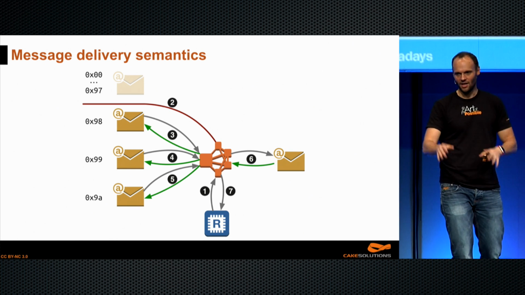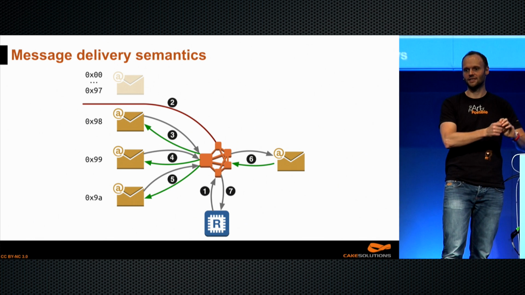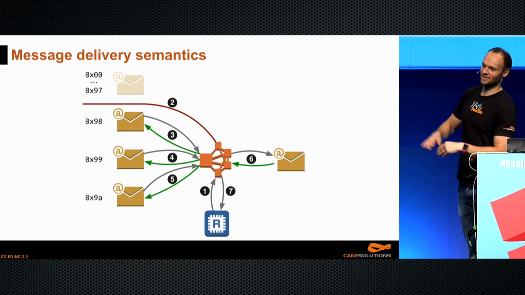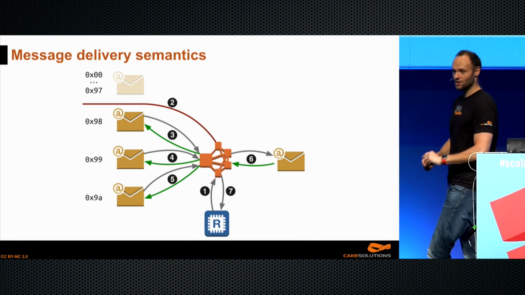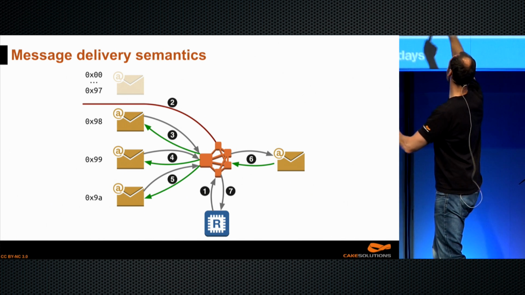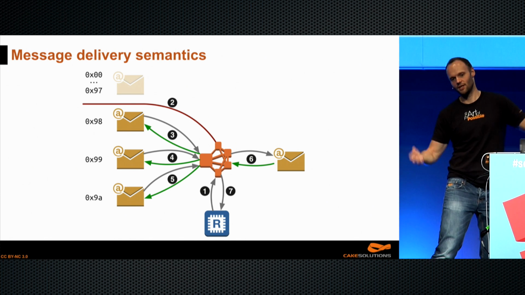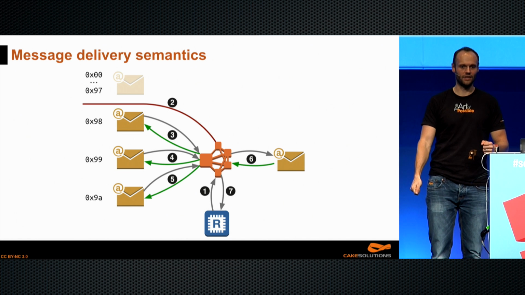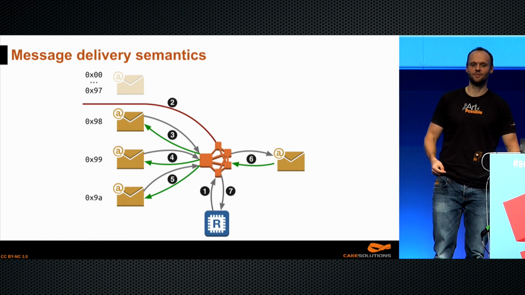It gets a batch of messages, in this case just 1, and right away it says, I have it. Same thing happens in number 4, at stage 2. We get another message, we confirm it immediately. Now, if we crash now, you can immediately see what happens. We haven't gone all the way to number 7, where we write the offset 9a. So when the service starts again, it'll go to my database and check what number I have in there. 97. Okay. And it retries, it replays the messages.